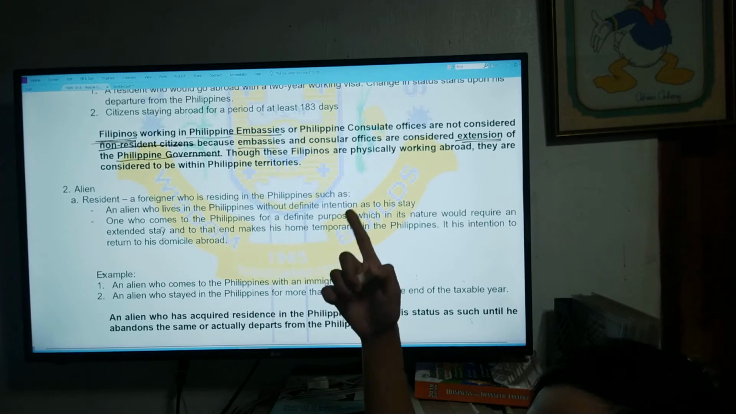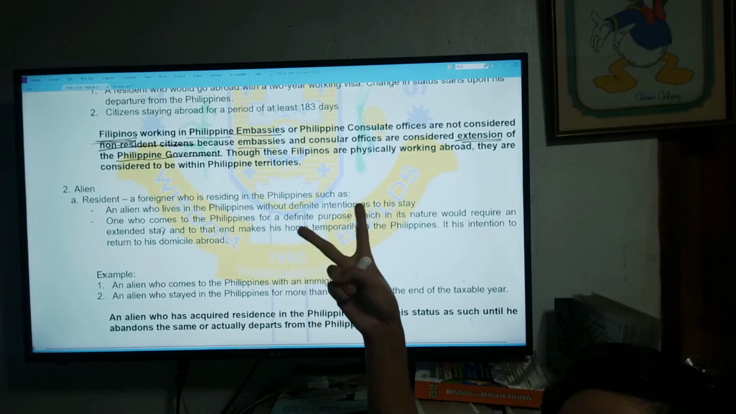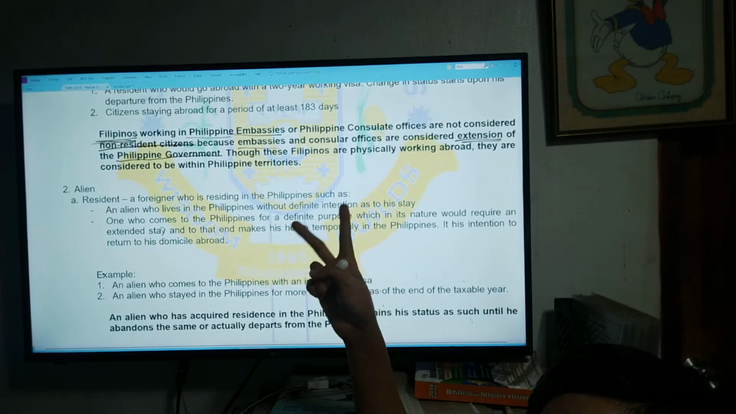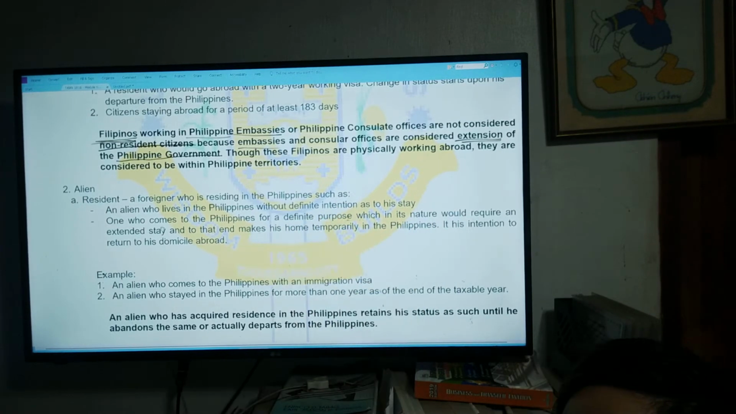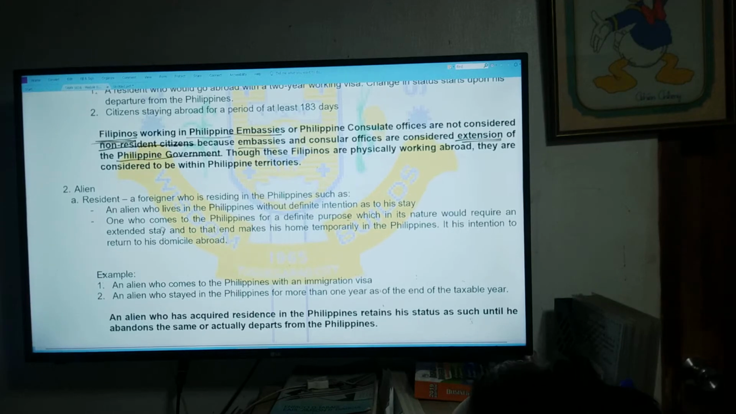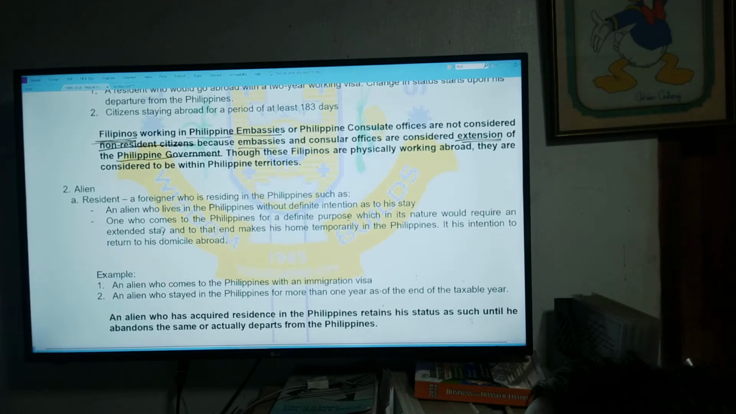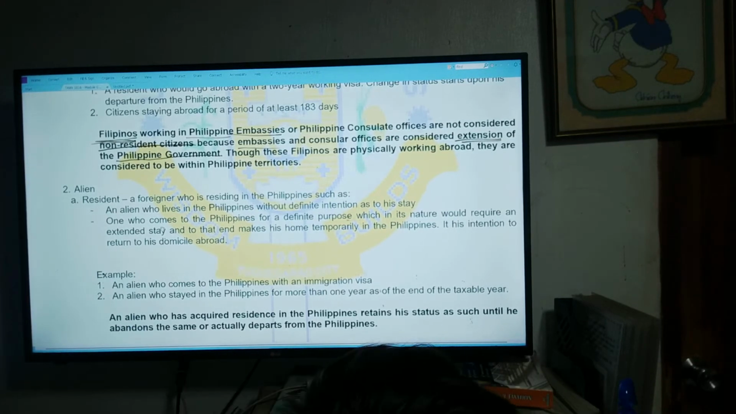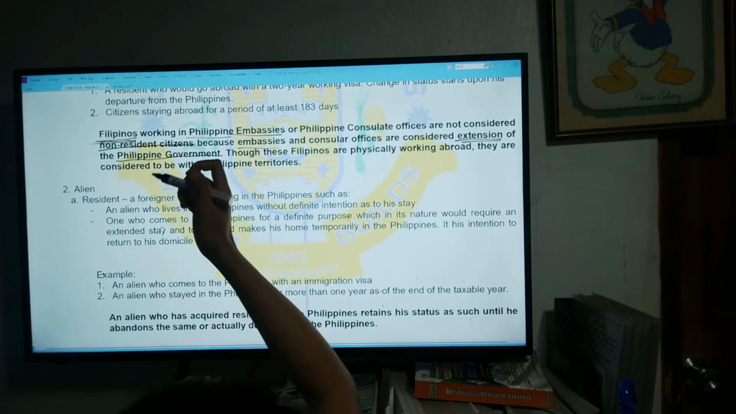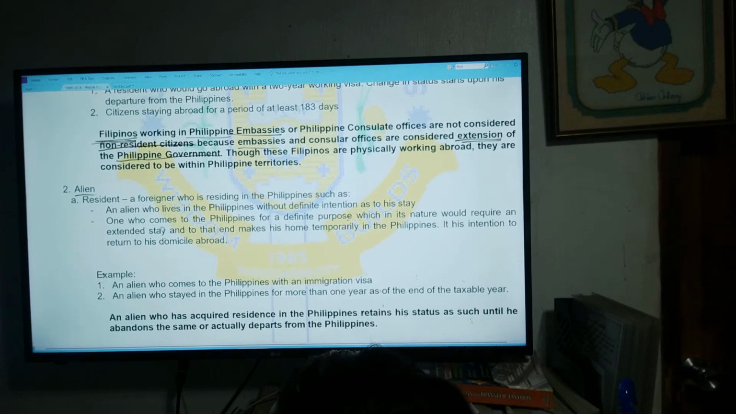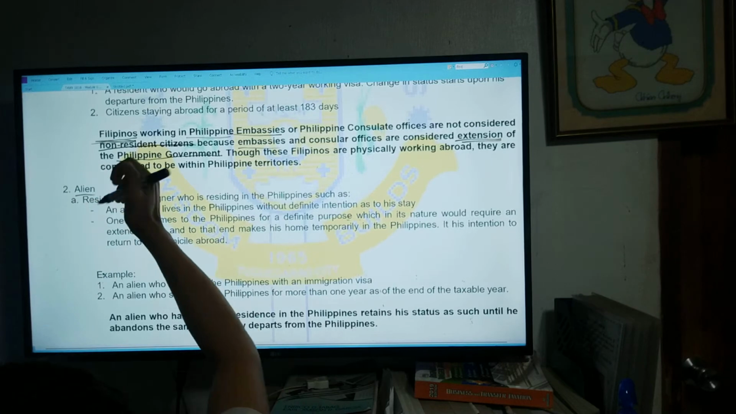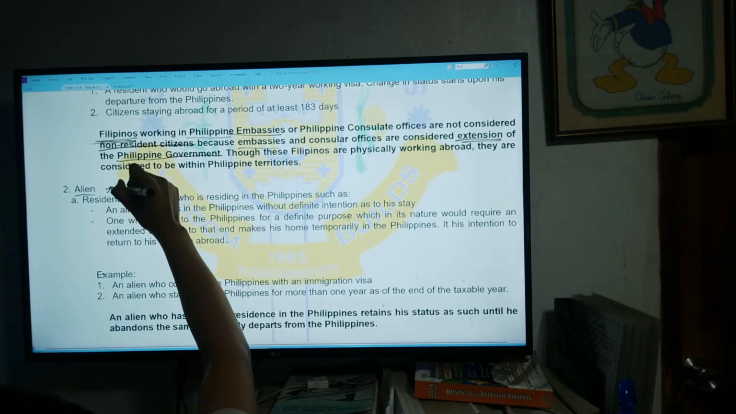So kung kanina, napag-usapan na natin yung dalawang main items in terms of citizenship, that is a resident citizen and a non-resident citizen. I'm sorry. Ngayon naman meron ho tayong tinatawag na alien. Okay? Hindi yung alien na galing outer space. No. Okay? Under taxation purposes, an alien is a taxpayer which is not a resident or an individual